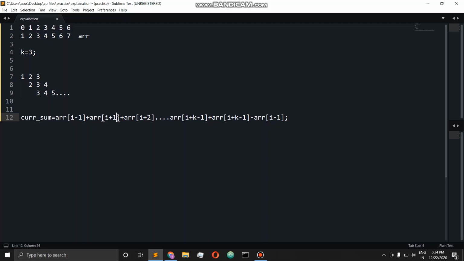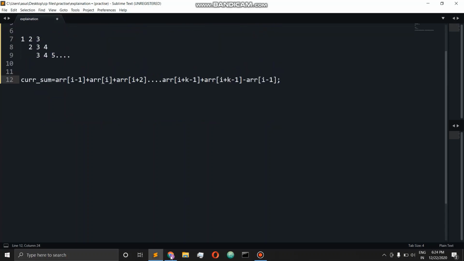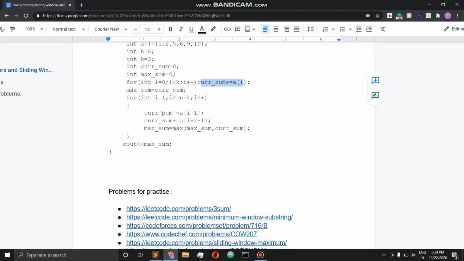You get the point, this will all reduce by 1. So current sum will be updated by removing array of I minus 1 and adding array of I plus k minus 1, and just updating the maximum.